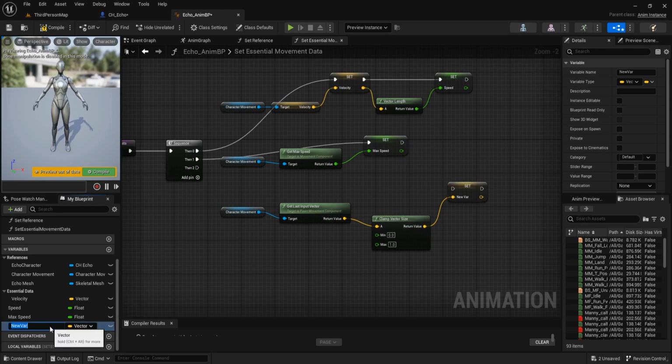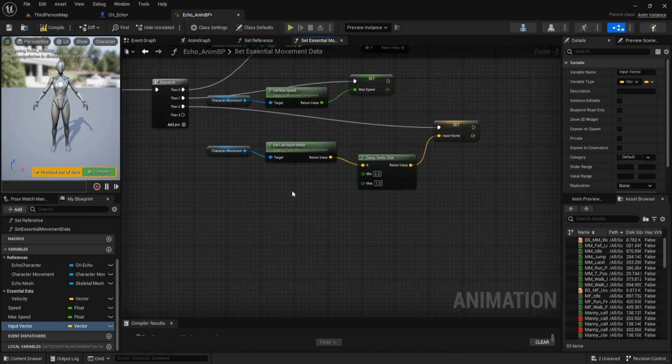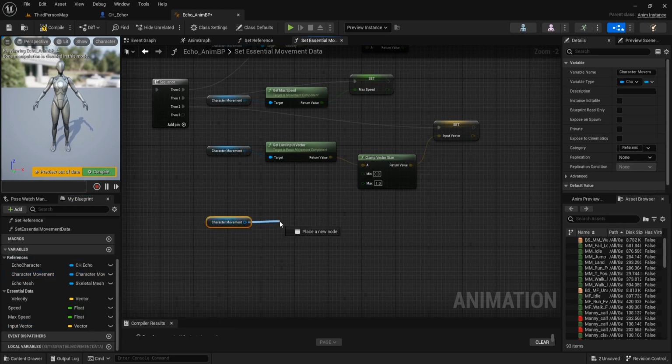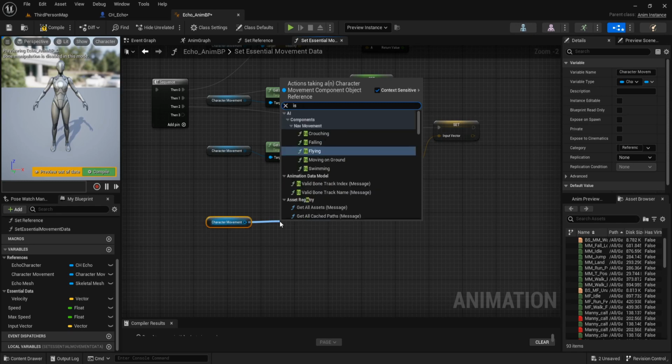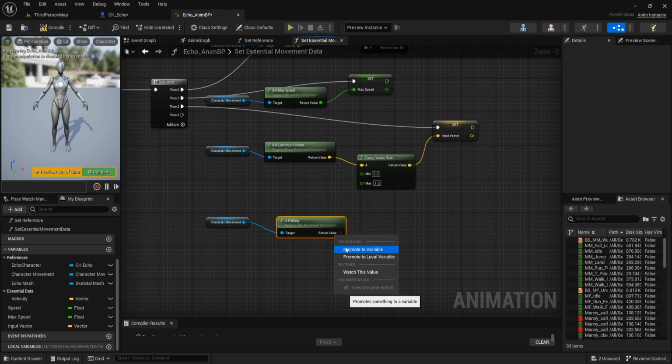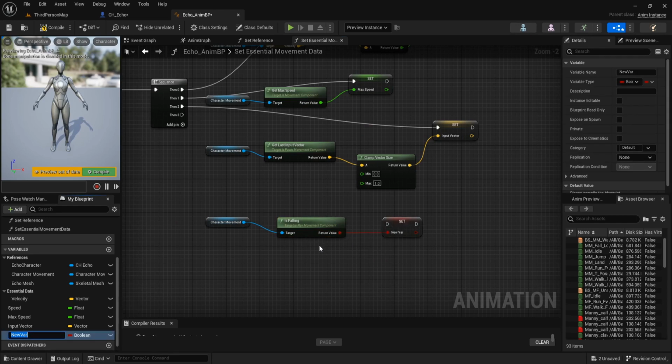The name is input vector. Connect it to then. Add pin. Get character movement. And is falling. Promote it to variable. Name is falling.